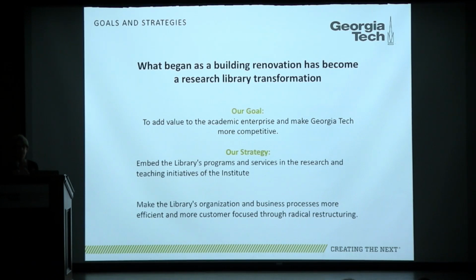What I want to talk about, however, is the programmatic changes that we've been working on, because I think for many of us in the library, we're getting to the point where we say publicly, the building is the easy part of this. We have wonderful architects and engineers, designers, planners, construction facilities folks working with us on those buildings, and they're doing most of the work. At this point, our job is actually harder in that it involves changing the culture of a research library, and there's hundreds of years of research library culture in the United States that we're trying to change,